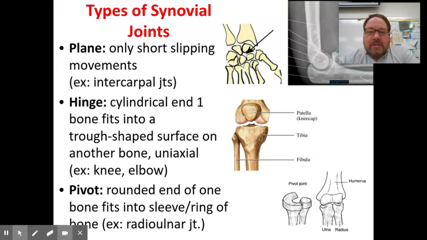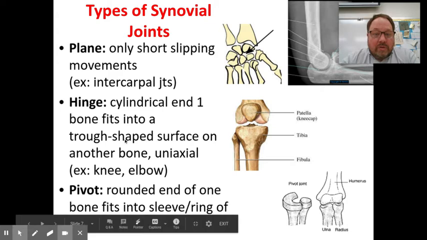Okay, let's get into the types of synovial joints. The first type of synovial joint is a plane joint. Plane joints are found between the short bones in the wrist and the ankle. And these joints only allow just a little bit of movement. You just get a little slippage between those bones to allow, again, a little bit of give in case there's a lot of force. With a hinge joint,